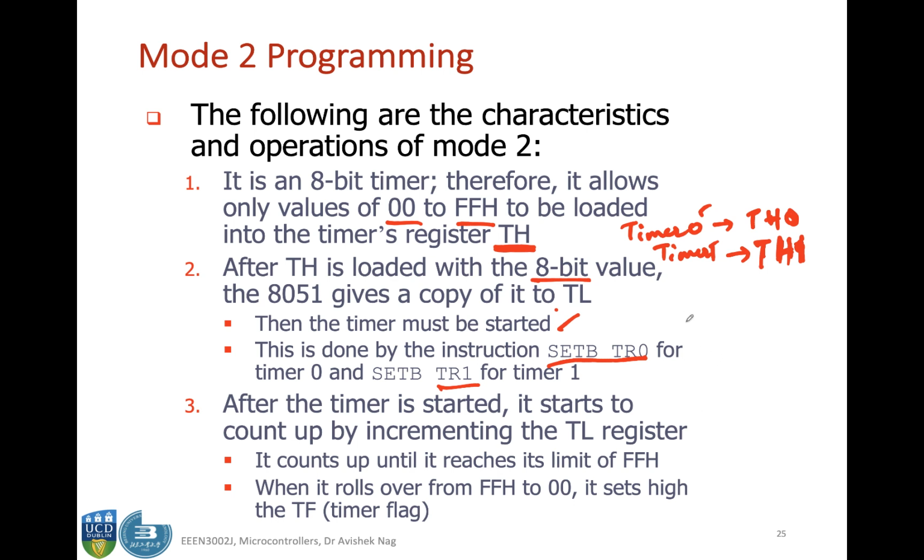So your TH0, let's say, contains some value, okay, X, and then it gives a copy of X to TL0, okay, and then the timer starts counting from X to X plus 1, X plus 2 and so on until it reaches FF, okay,